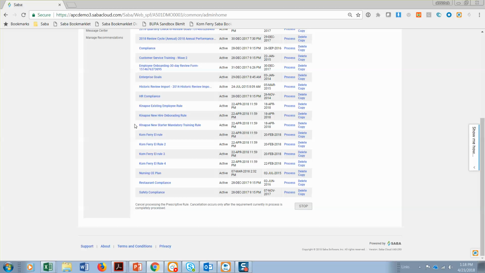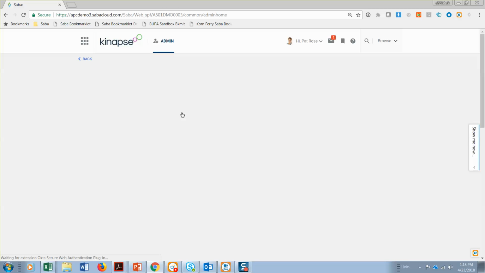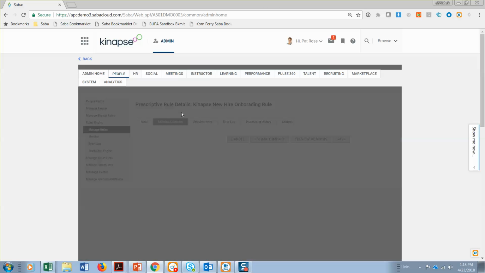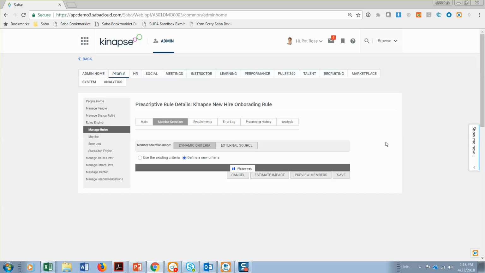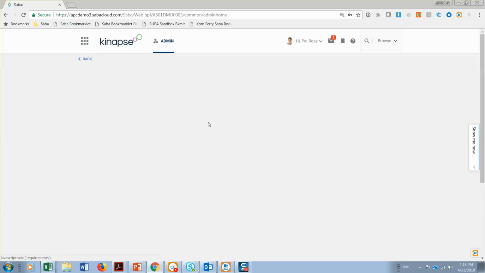So the first rule, the simplest one I would talk about, is a Kinapse new hire onboarding rule. If I go inside this, what it essentially does is run every minute. It can run every minute, daily, whenever you want it to. It selects a predefined group of people. In this case, I'm selecting new starters, and I've put in a condition that any person who started after, let's say, some specific date. This is just an example. And any person who has started after this date,